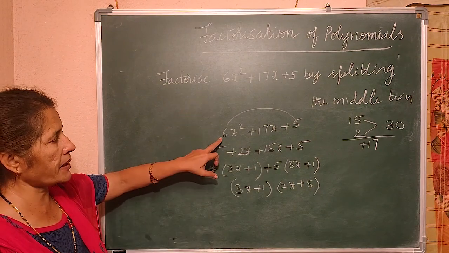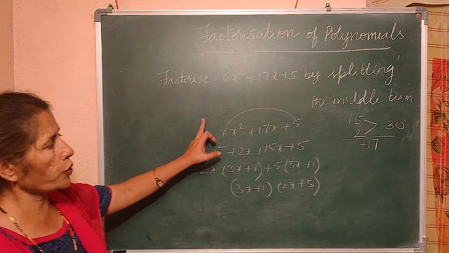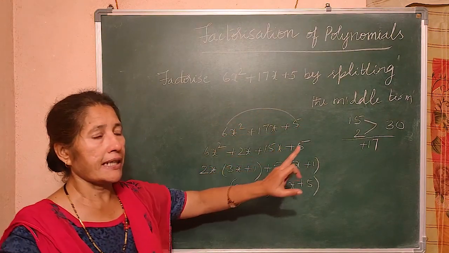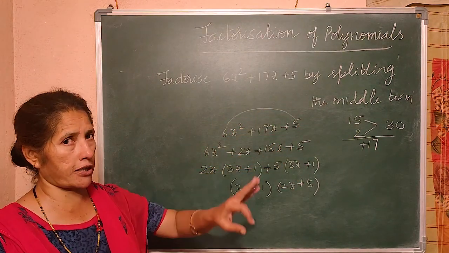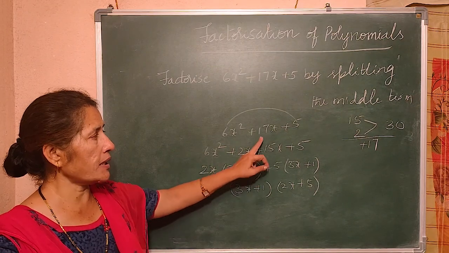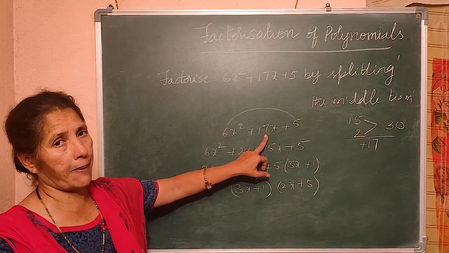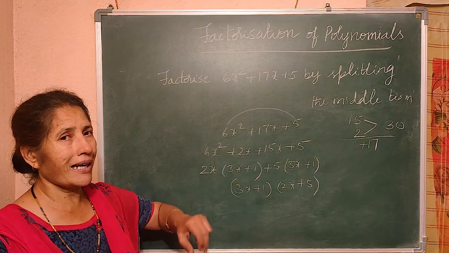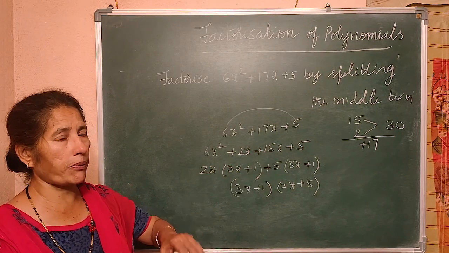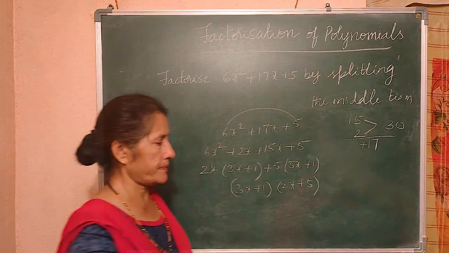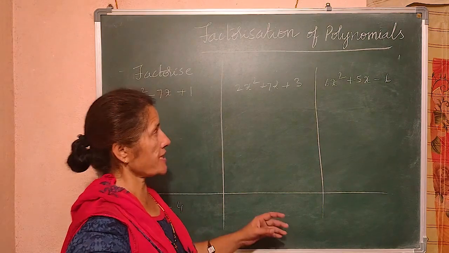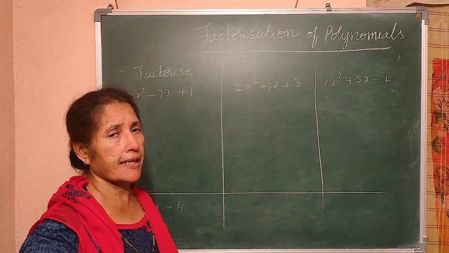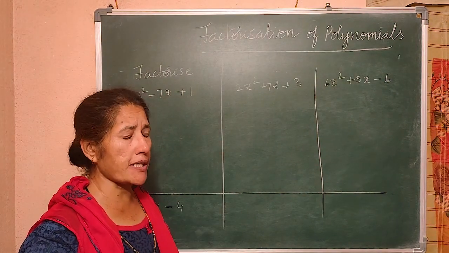If there is any number in the place of a, you have to multiply it to this. Then that should be the product of the numbers, and this one should be the sum. Is it clear? Let me continue with 2 or 3 problems so you understand better. Now listen, these 4 questions are there in the exercise. Shall we try to solve those?